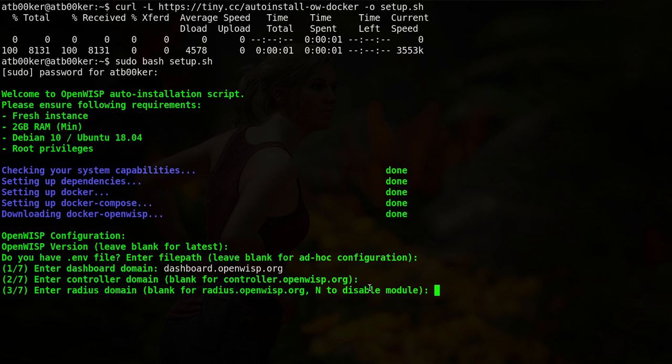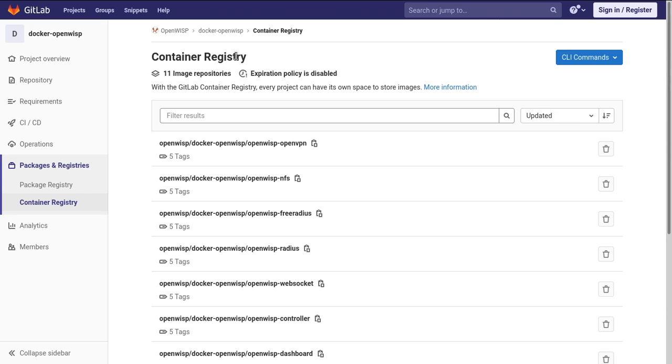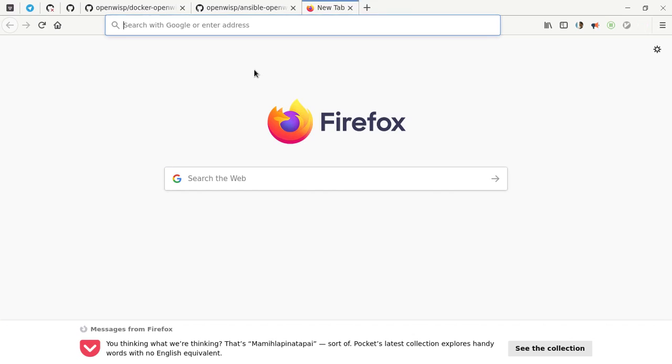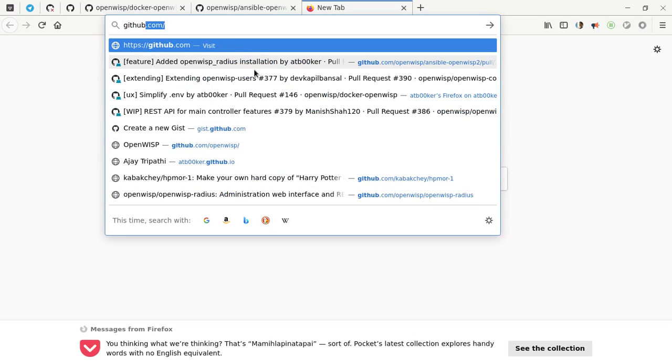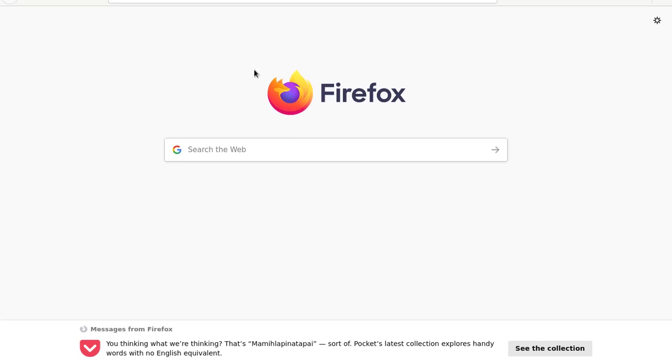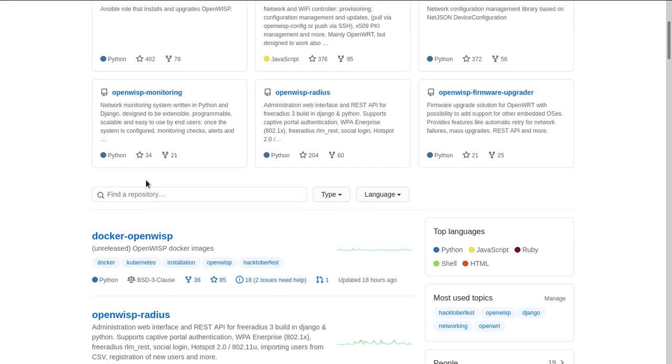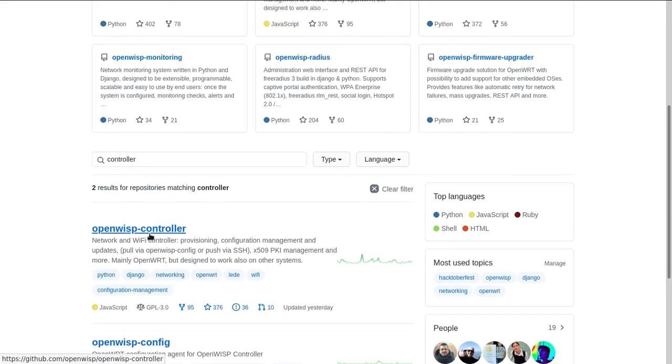Then there is the Radius module. If you want to use Radius module, you can enter the domain for that. Currently, I'm just going to go with no. Same with the topology module. If you don't know about these modules, I would suggest go to the organization page and search for whatever module you are looking for.